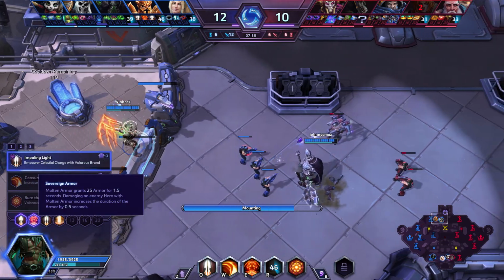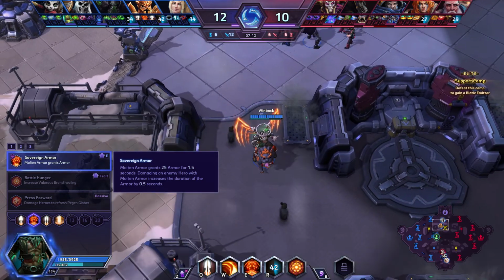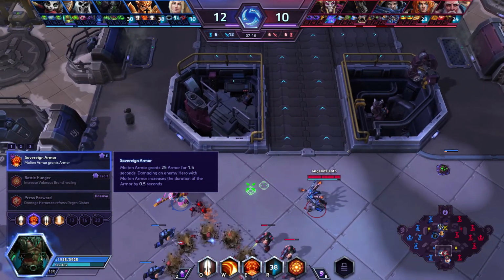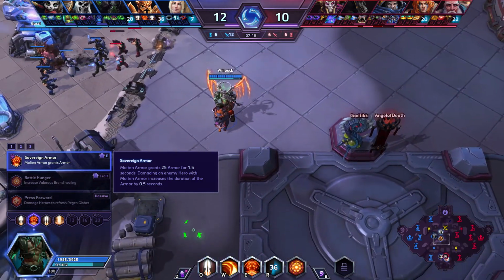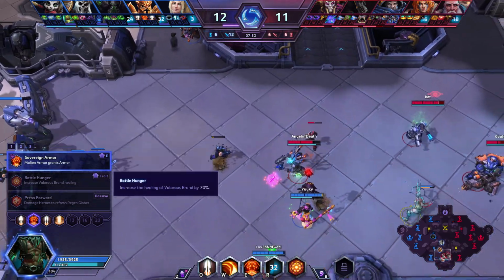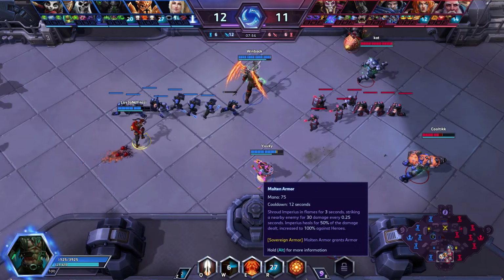Yeah, but back to the talents themselves. I'm going to get caught up and run out of time like I always do. Sovereign Armor is pretty easy. Molten Armor grants 25 armor for 1.5 seconds. Damaging an enemy hero with Molten Armor increases the duration of the armor by 0.5 seconds. So, as long as you're hitting heroes with your E, which is very easy to do because it likes to hit heroes,